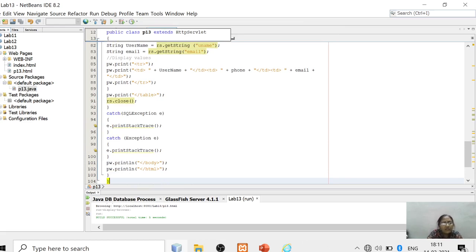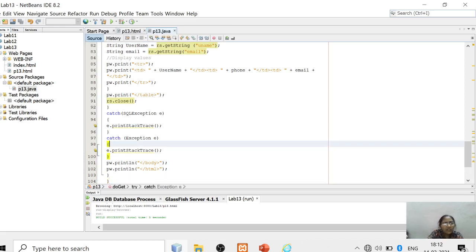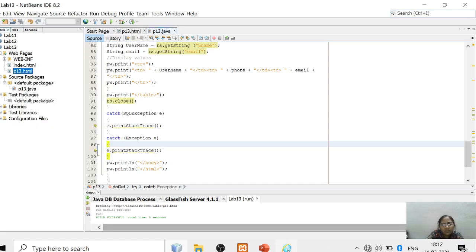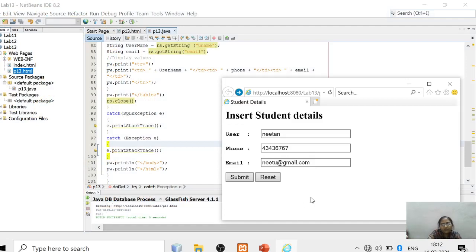Now, this is all about writing code in the servlet. Now let us see how to run this file. You go to the HTML file, right click, then click on run file. Once you click on that, it generates a form like this.